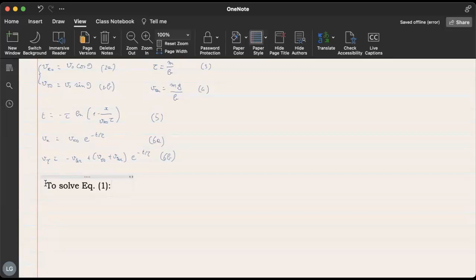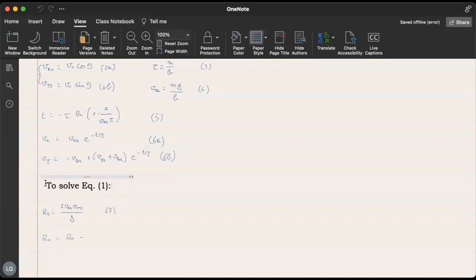We calculate R0, which is 2 Vx0 Vy0 divided by g. And then go and calculate R1, which is going to be equal to